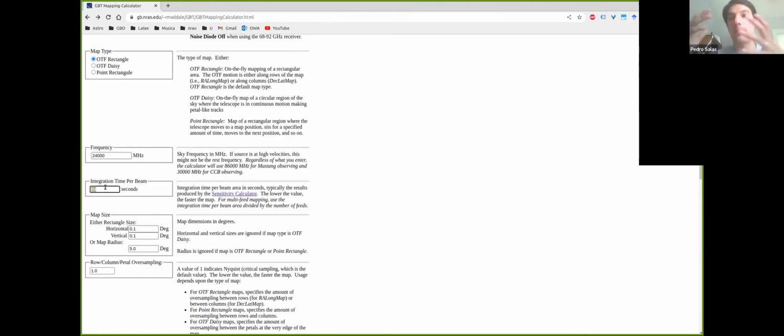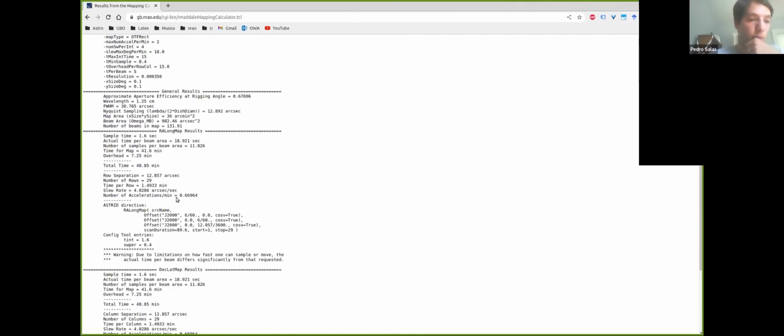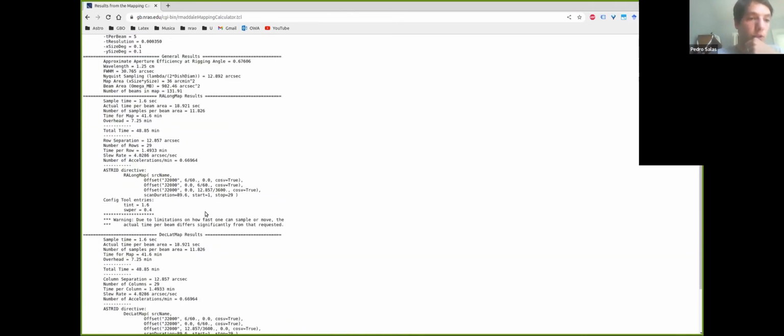we want to map a very, very strong and bright line. So let's say we only need 5 seconds per beam to accomplish your science goal. What would happen? It would tell us, for example, warning, due to the limitations of how fast one can sample or move, the actual time per beam differs significantly from what was requested. So we wanted 5 seconds per beam, but it's telling us that it would deliver more than that, 19 seconds per beam, because